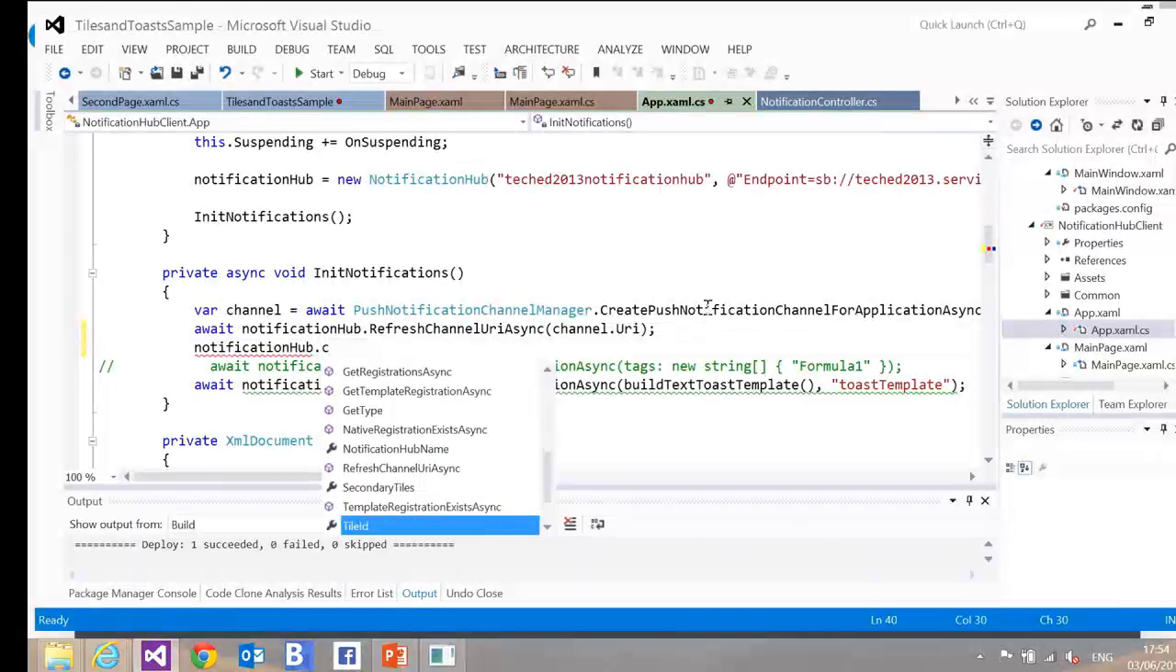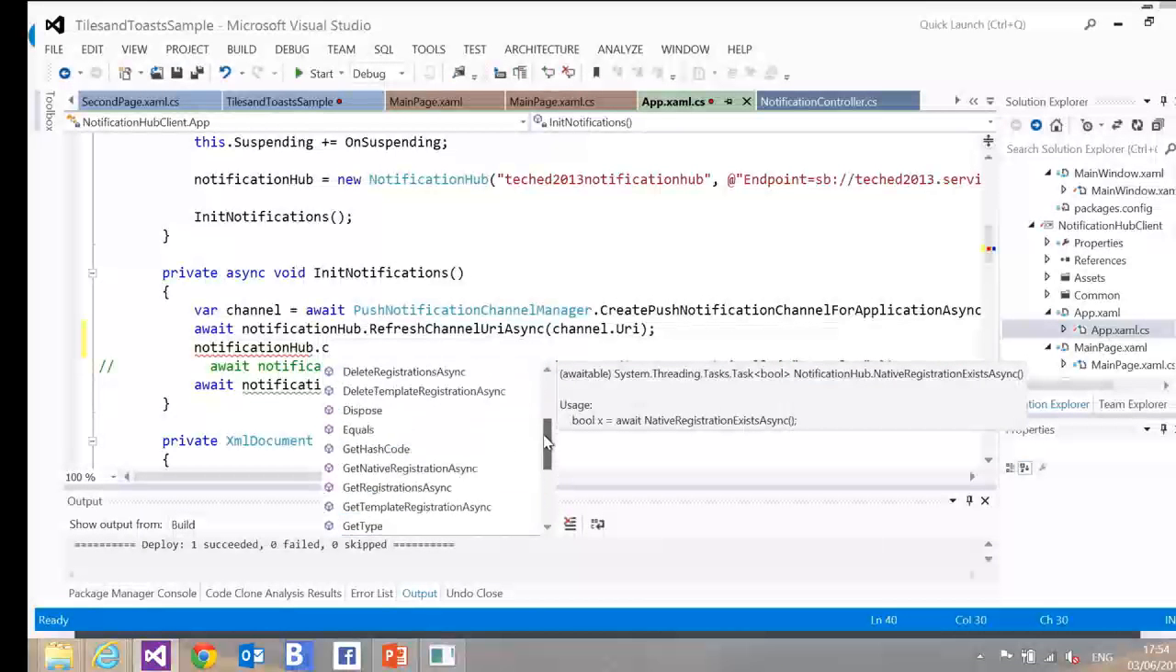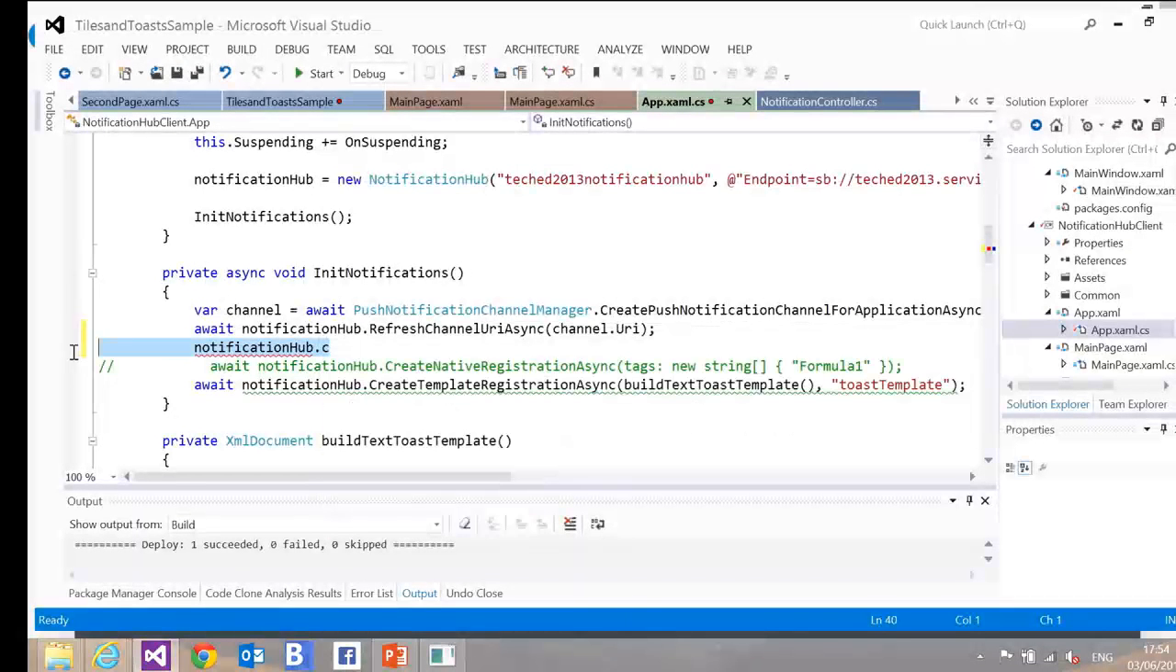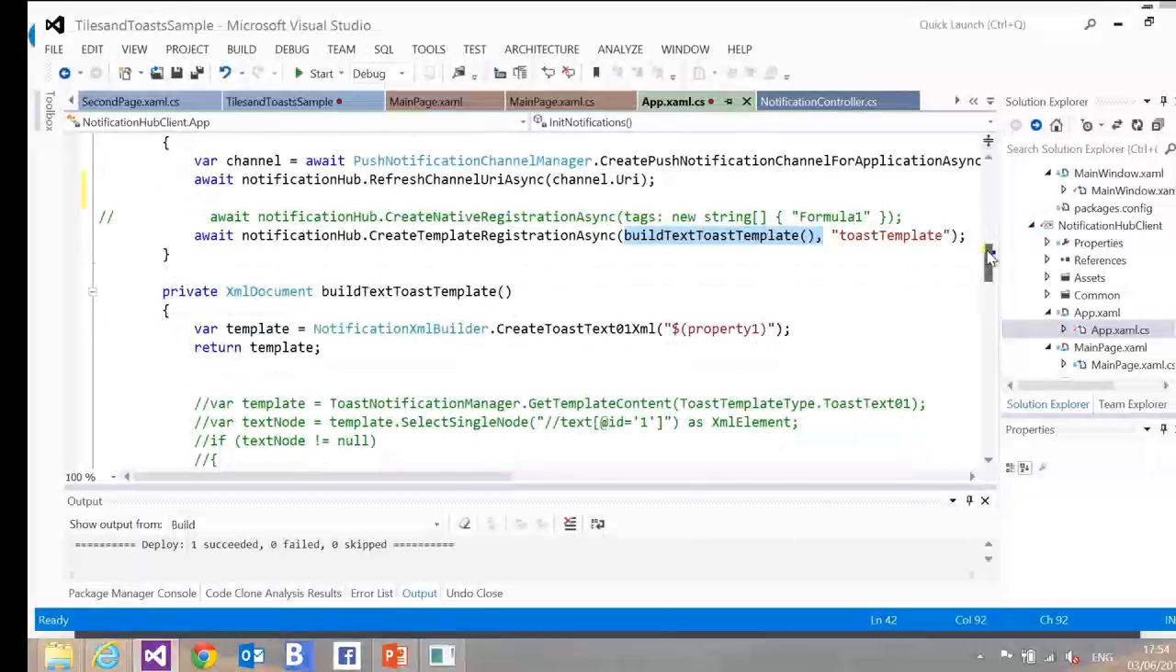And native, you also see here, just seeing it now, you also have the options for notifications hub for Apple and Google APIs to send updates there. With the template, independent of the template, I just define a parameter using the toast template, build a text toast template helper method here. Notification XML builder, create toast text 01 XML. This notification XML builder